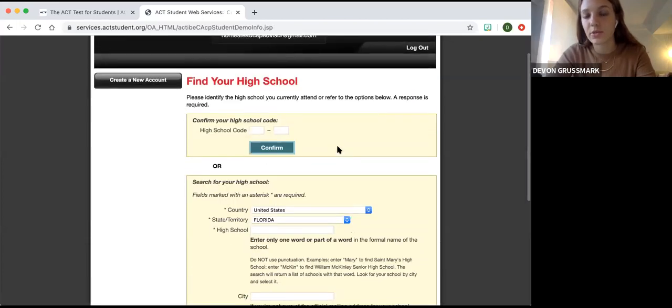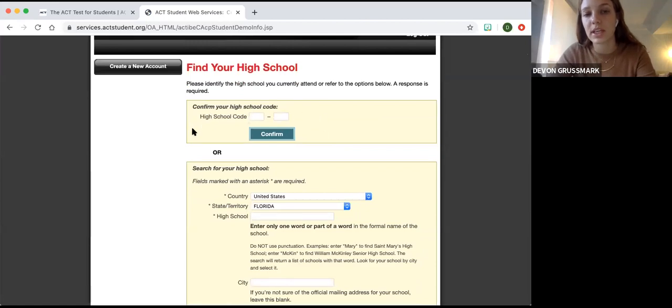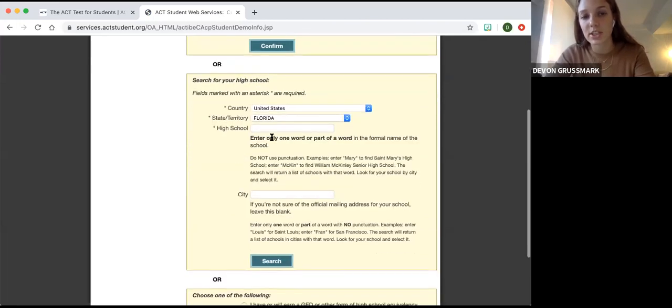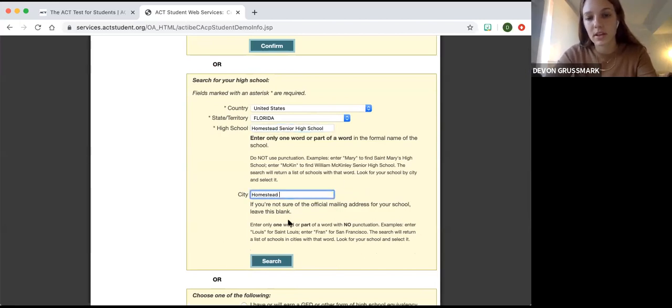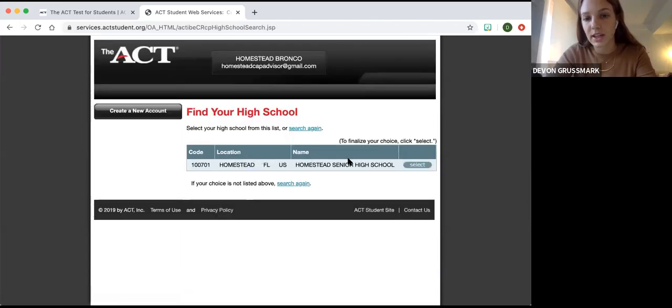All right, so for this question, you have two options. You can either put in the high school code, which just so you all know is 100-701. However, sometimes I find that this method doesn't work, so I choose the OR option and I search for Homestead by name. So I type in Homestead Senior High School, and the school is in the city of Homestead. And then we click search. Make sure you read it carefully and that it's Homestead Senior High School in Florida, because there is another Homestead Senior High School in Indiana. Click select,